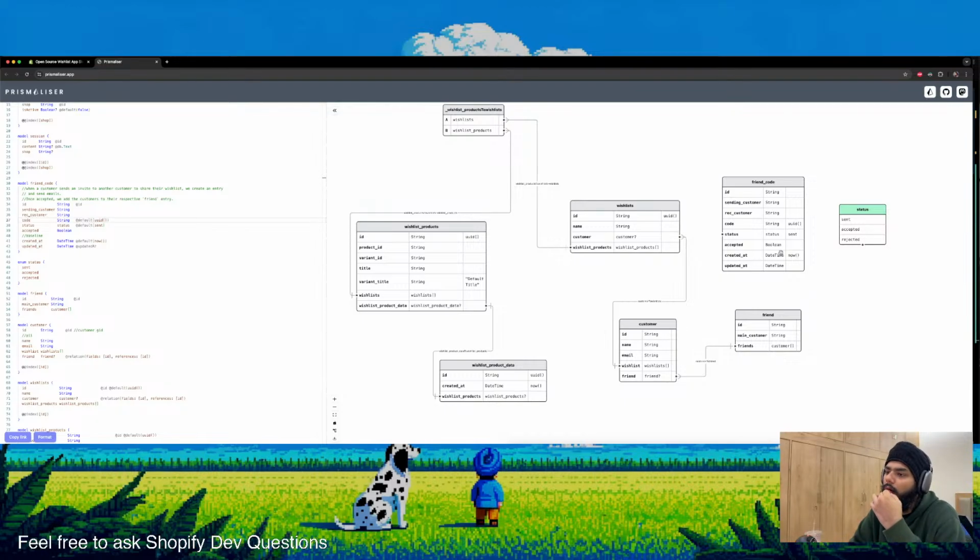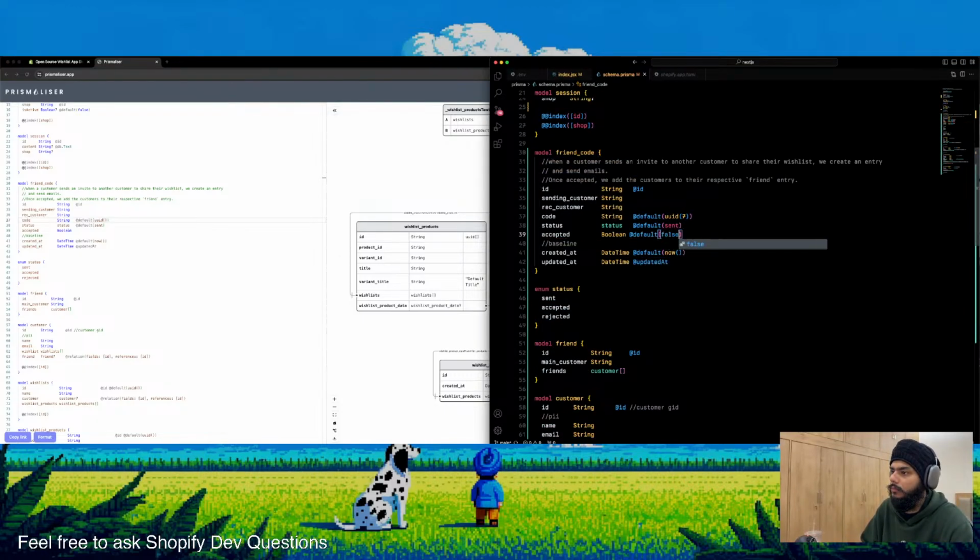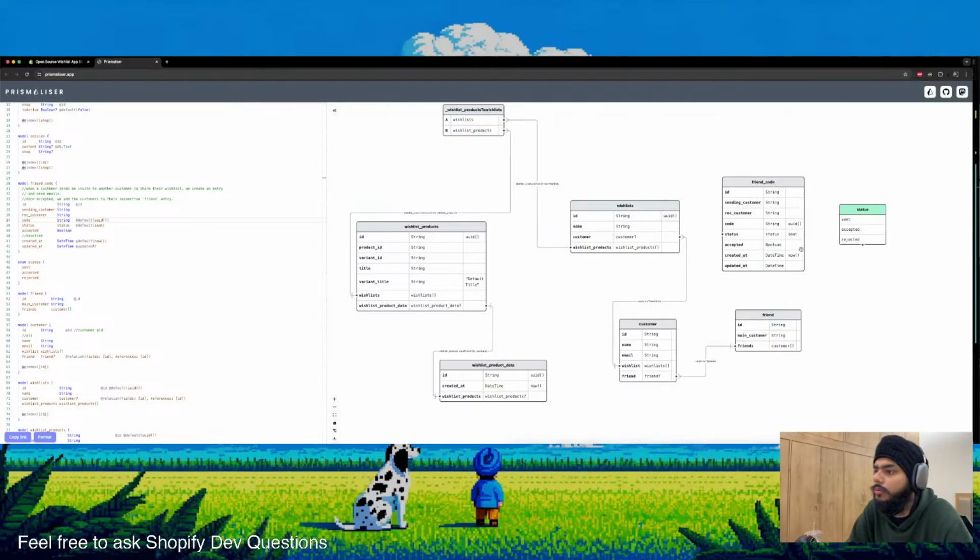So essentially, what we can now do is we have a complete setup of, if the status of it was accepted or rejected, and if it is rejected, you can't send it to the same customer again,